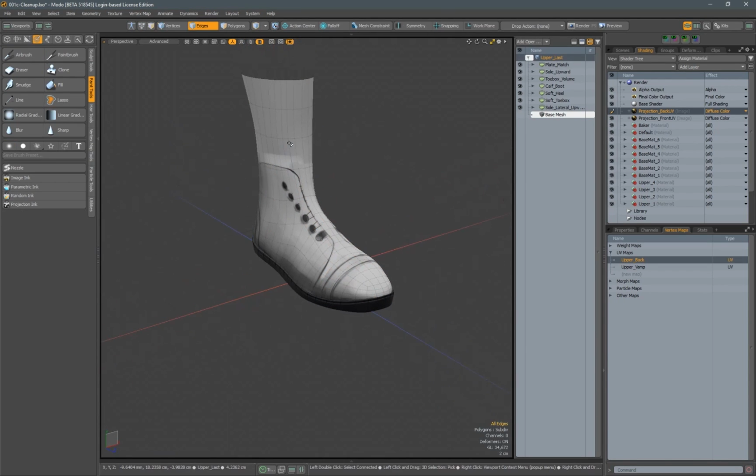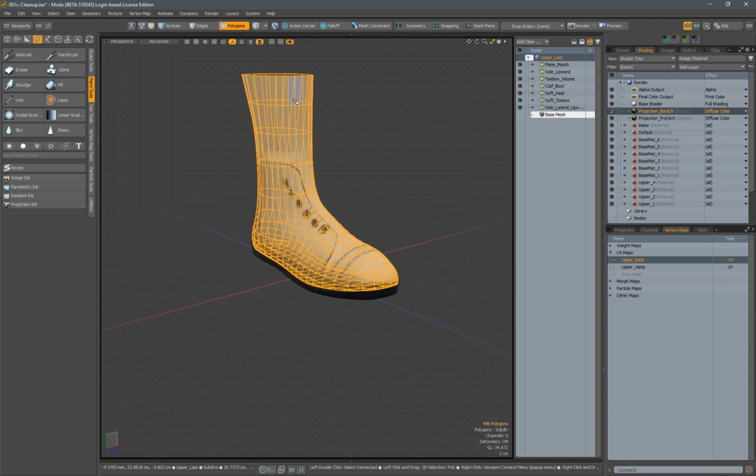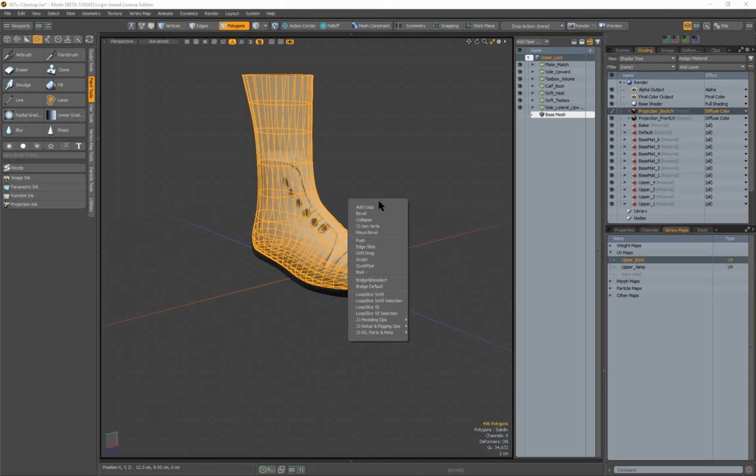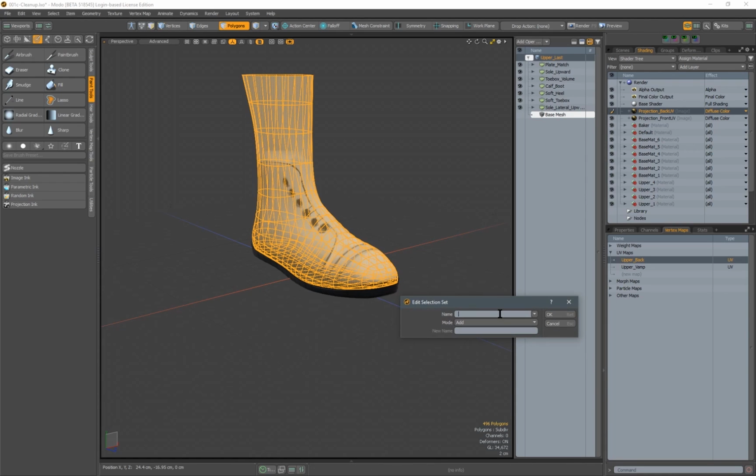We'll select our mesh item. And I'm going to use a selection set so that way we can retain our material tags later on and still be able to bake without having any issues with material tags. So what we want to do is bring up our selection sets, and I've got a little custom one here set up and assign selection set, and we'll call this upper last SS for selection set, and we'll say add,